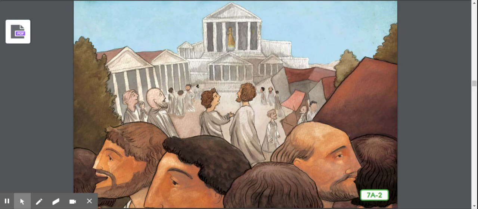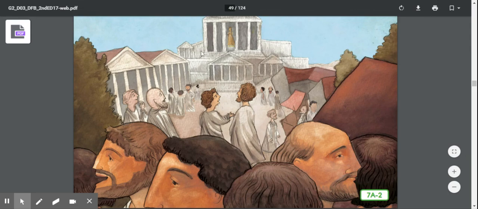So, why would the Athenians want to put a statue of Athena in this beautiful building, the Parthenon? You can kind of see the drawing of it back here. Why would they do that? Remember, they decided to pick her, so they're going to honor her, and to honor someone, they would build a big statue. So I know after this read aloud, to honor me as your teacher, you're going to build me a big statue, aren't you?